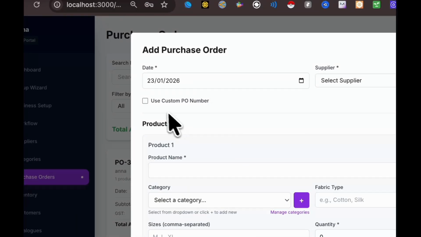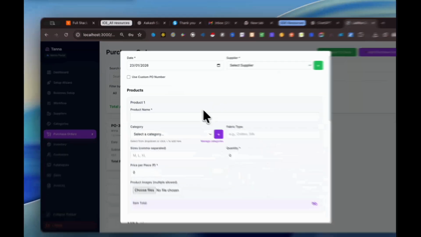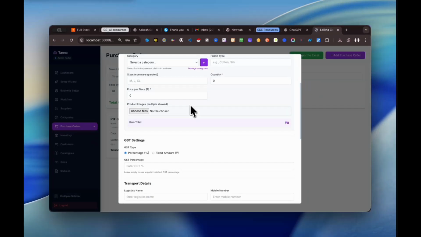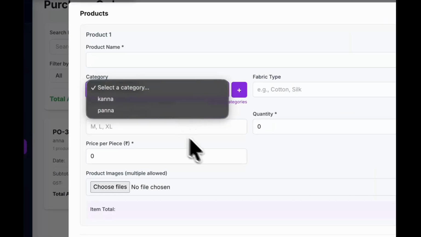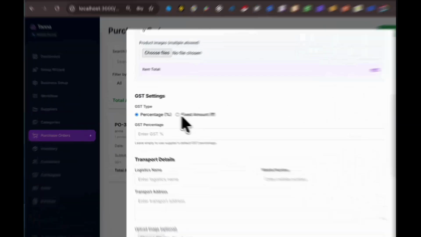Okay, those are the flexibilities I have given. If you want to have a custom PO number, purchase order number, you can do that. Otherwise, it will create a random purchase order as well. Here I have created a category called Kana Pana. You can have a fabric particular altogether, and you can have a percentage or fixed amount for that particular